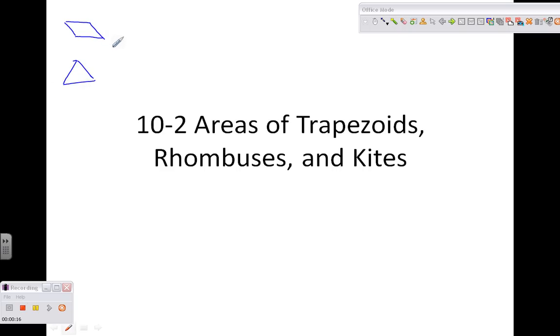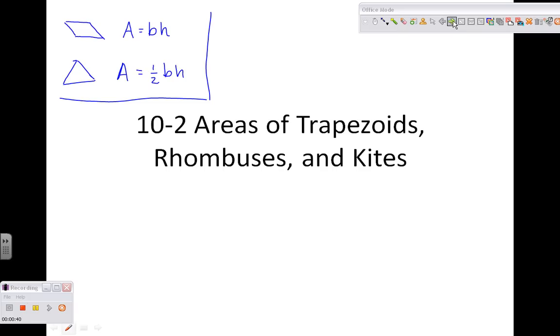Now we also talked about the area of a rectangle, but remember a rectangle is a parallelogram, so it uses the same formula, which is base times height. The area of a triangle we learned comes from a parallelogram, and it's just half of that, so it's 1/2 base times height. It's going to be very important that we remember these formulas as we move forward, particularly as we